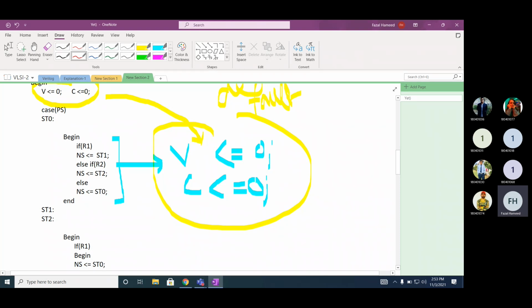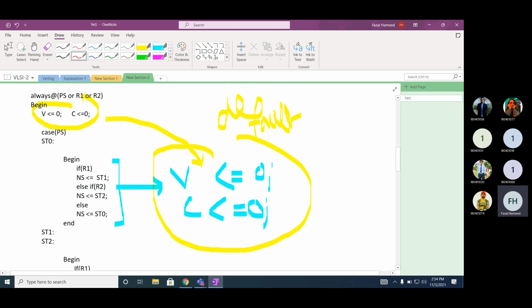ST1. It means the system has now accumulated sum of 1. Else if rupees 2, with rupees 1 being 0 and rupees 2 being 1, what should be your next state? ST2. When the user inputs a rupees 2 coin, the next state should be ST2. And when both are 0, it will remain in the same state.